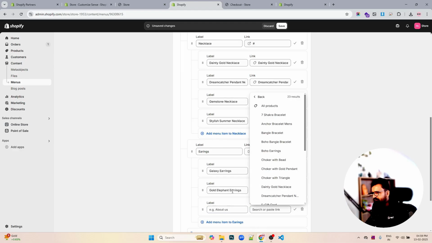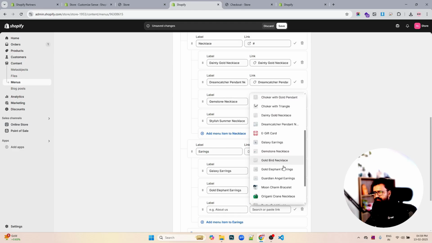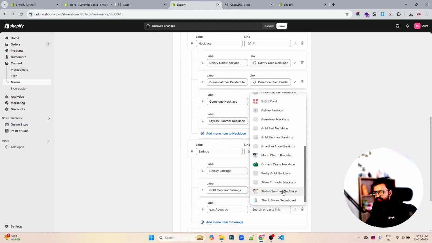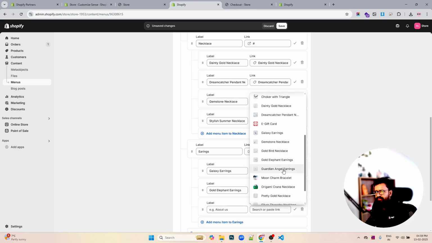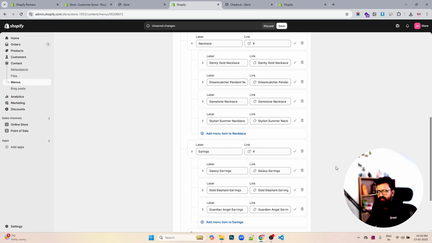Basically it takes the name automatically, so that's why I'm using this. I guess I'll just reuse this earring. Okay, all right, so if I save it,